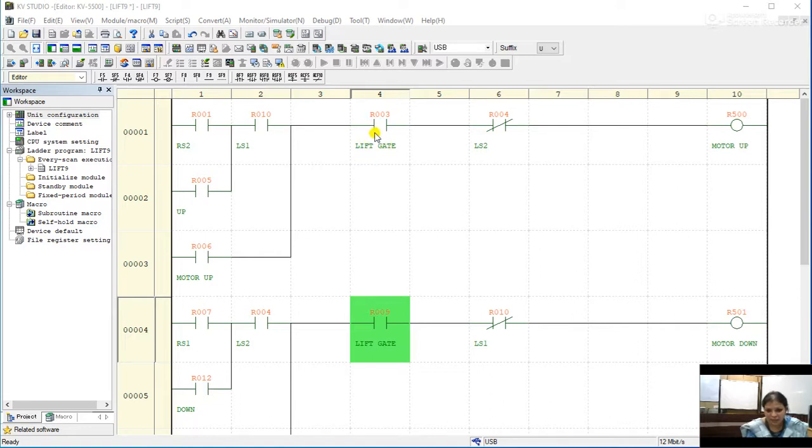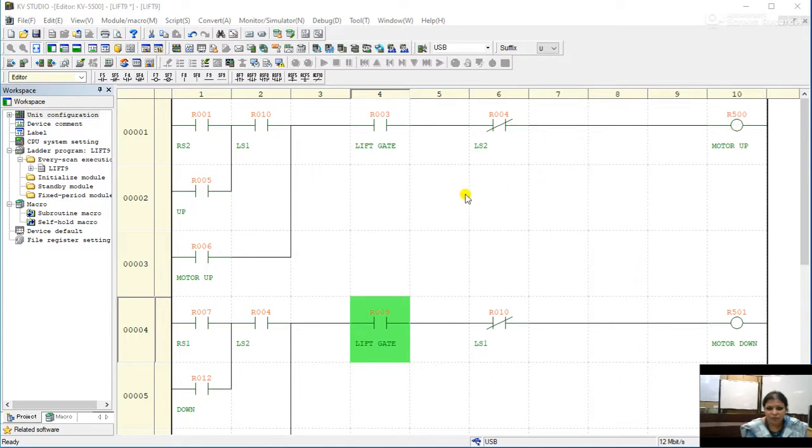Only when the lift gate is closed can you make use of the further operation of the lift. And here is the motor. Depending upon the lift gate position, limit switch position, request switch position, and up and down position, the lift is going to operate. We know that the lift moves up and down, and the up and down movement is controlled by the motor.